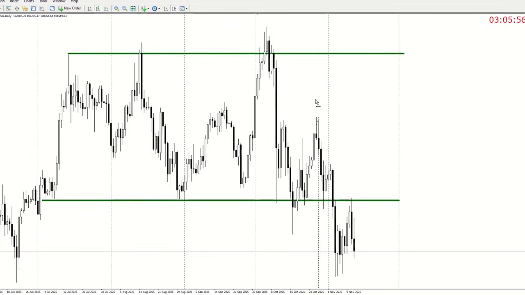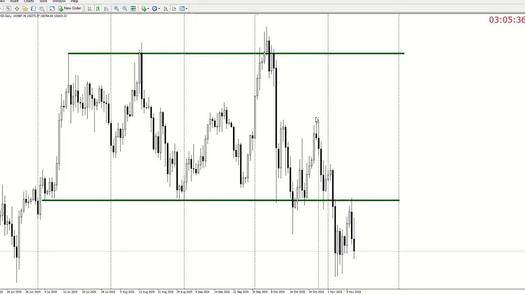Now let's look at Bitcoin on a daily time frame. They gave us a rectangle. I shared this one when I sold here. But look, even when I bought here, I actually said this one. And then as I said, you have to manage your trade. I bought on this one here. I told you this and I showed you it before it came here. Look at my recent video, you'll see.